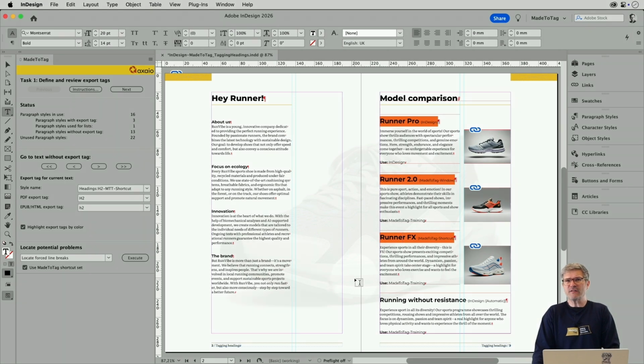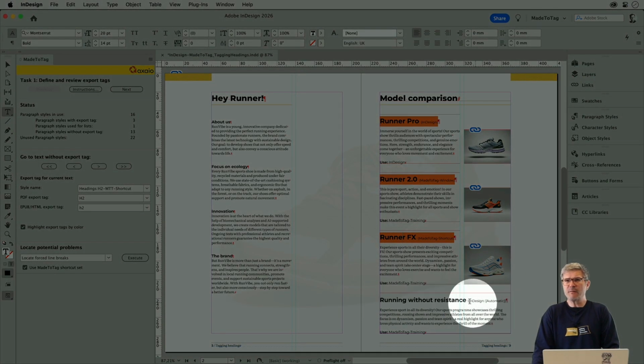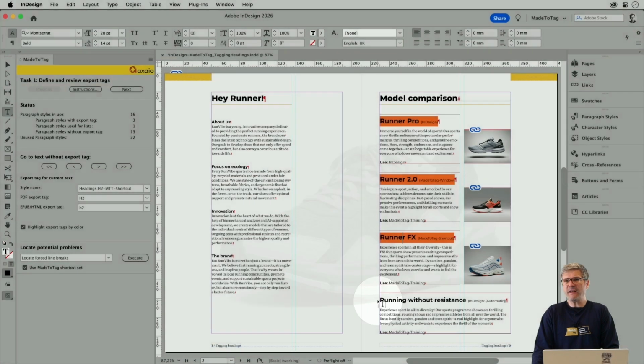Before I do so, just one remark. Here at the bottom, you will see there's one heading. The entry inside the PDF export tag is set to automatic. This will end up being a paragraph after you export your PDF file. InDesign will never, by font size or anything like that, assign a specific H tag to any kind of text in your document. So for now, I just leave it out and go to the rest of my content on